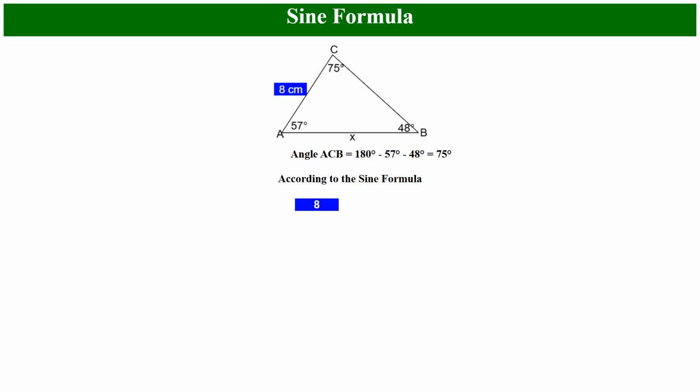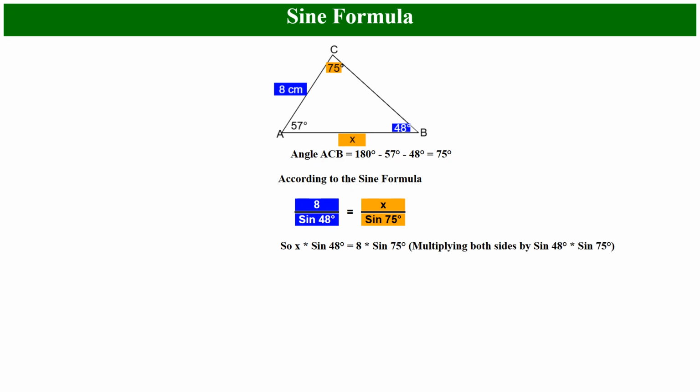You should get 8 divided by sine of the angle opposite 8, so 48 degrees, is equal to x divided by sine of the angle opposite x, which is 75 degrees. And now, again, here we'll cross multiply, or multiply both sides by sine 48 degrees and sine 75 degrees, and we get this line. And doing that, looking up sine 75 degrees on a calculator, it's